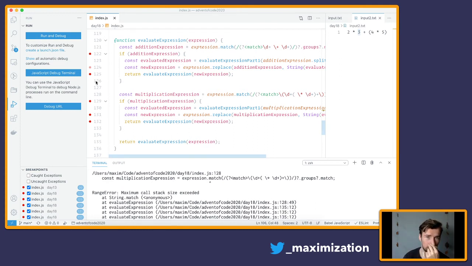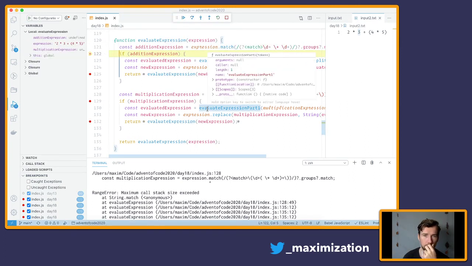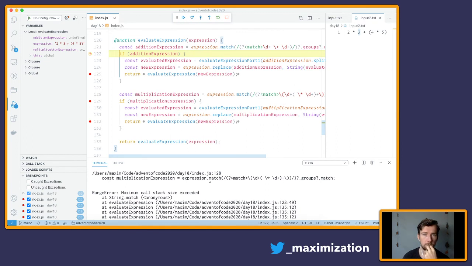Multiplication expression. So what? Right. Let's run again. So now we go in here. All right. Now we have a new expression. Wait, we have our evaluated. That's 10. So 4 times 5 is 20. That's good. So our new expression is 2 times 3 plus 20. That's looking good. And we pass the new expression into our current function. So then we go inside here, addition expression 3 plus 20. That's correct. So we go inside here, and now our evaluated expression is